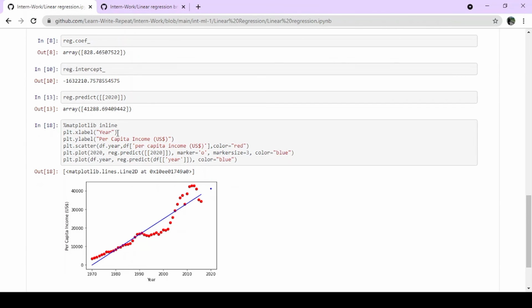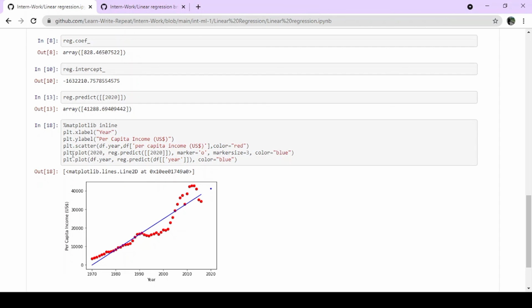After this we will use the line %matplotlib inline. After this, plt.xlabel, on the x-axis is the year, and this line depicts plt.ylabel per capita income US dollars on the y-axis. After this we will have a scatter plot depicting df.year and per capita income US dollars, and the color is red.